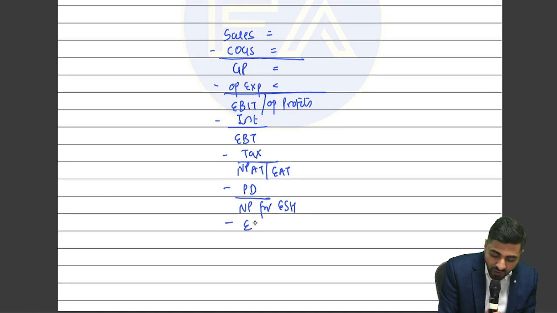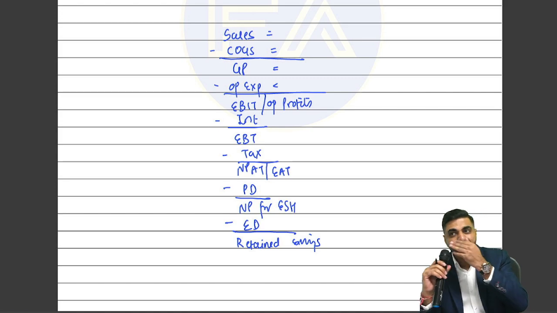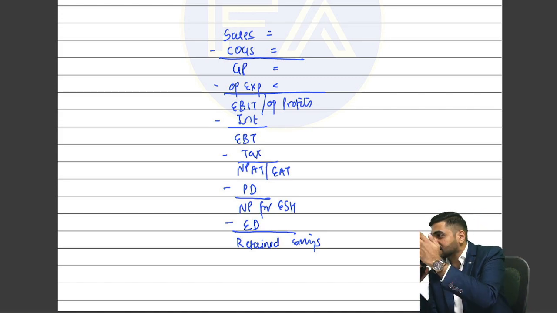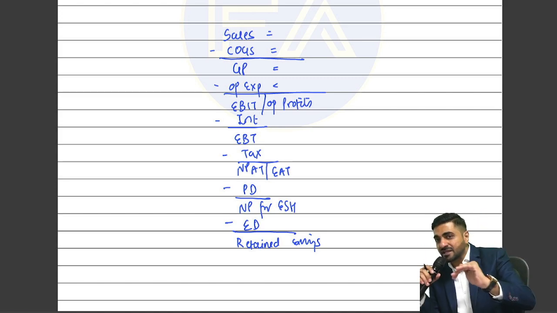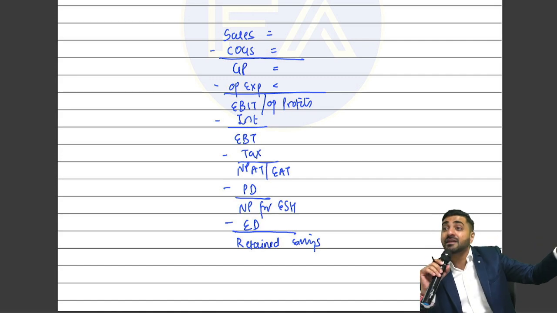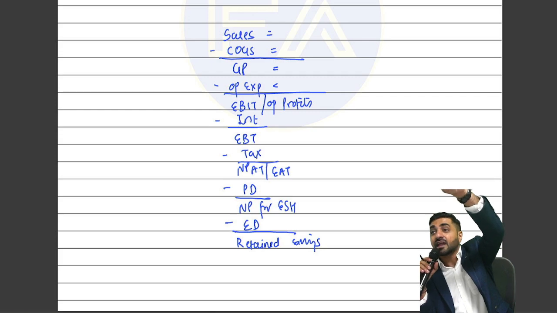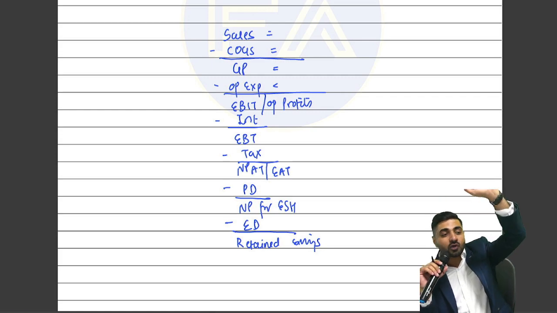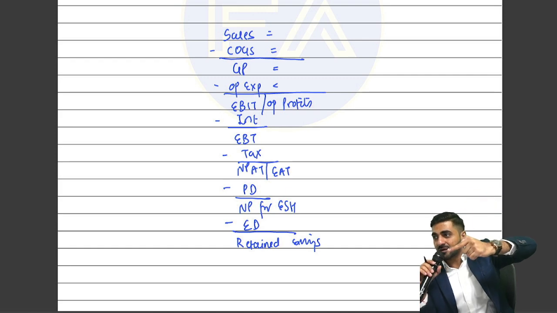From this, if you want, you can subtract equity dividends, and the balance part will be called your retained earnings. What is it called, beta? Retained earnings. Reserves and surplus, what we transfer it to. For the company, the profits which ultimately remain get transferred where, beta? Balance sheet, and it gets transferred to your reserves and surplus. Last bench, can you see properly? So this is the format of the income statement, right?